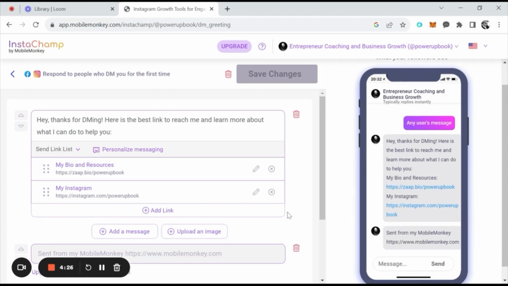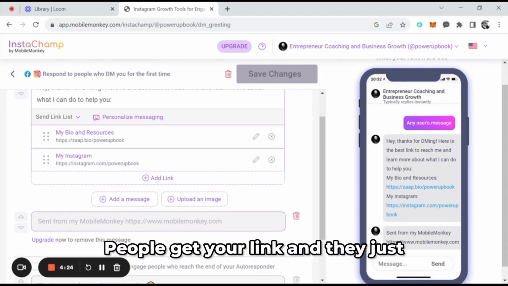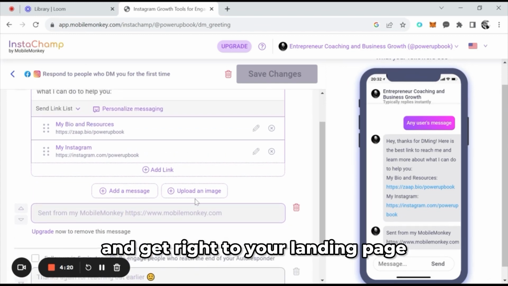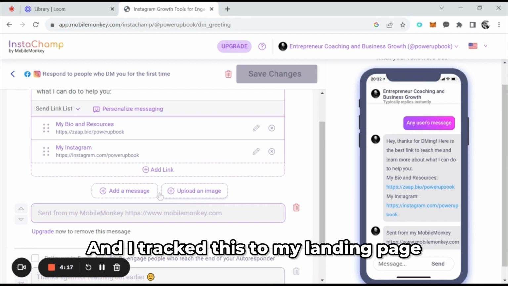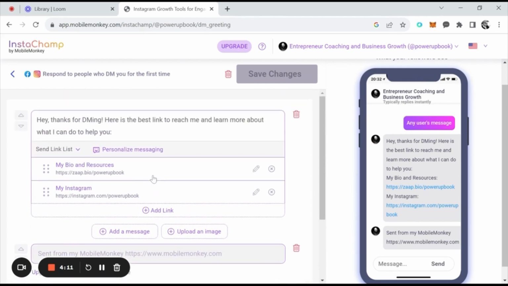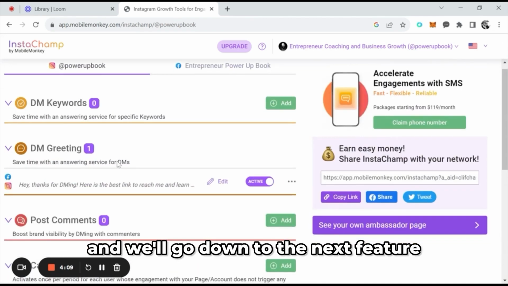This works. People get your link and it's so easy for them to click on it and get right to your landing page. And I track this to my landing page and it is generating traffic. It works. So you go back to the main screen here and we'll go down to the next feature that